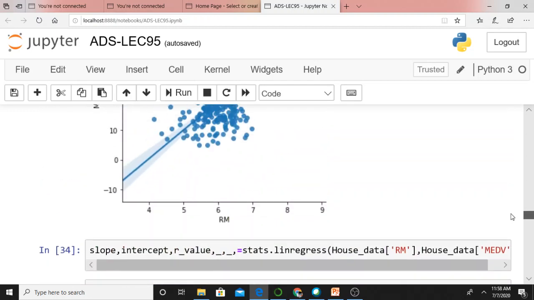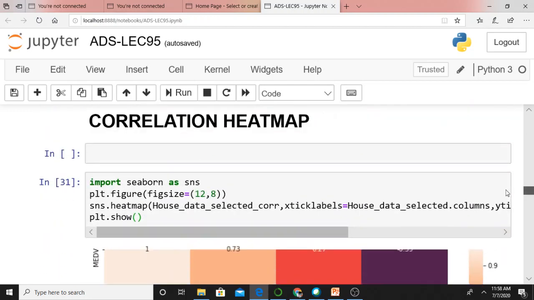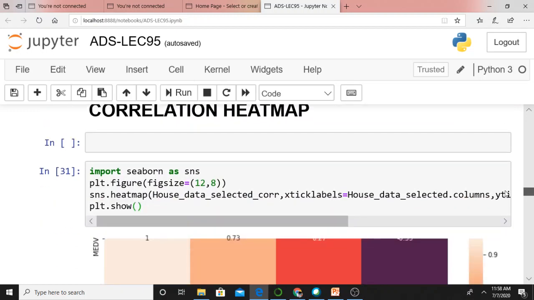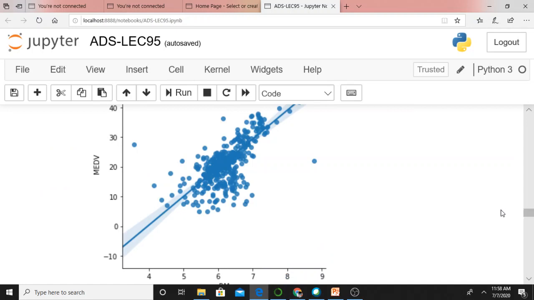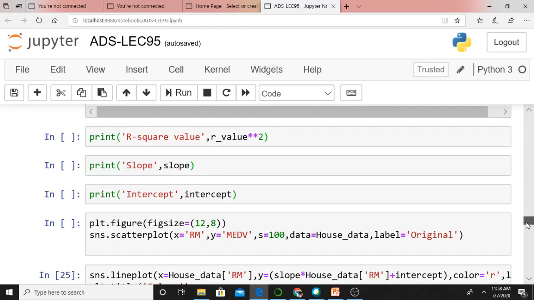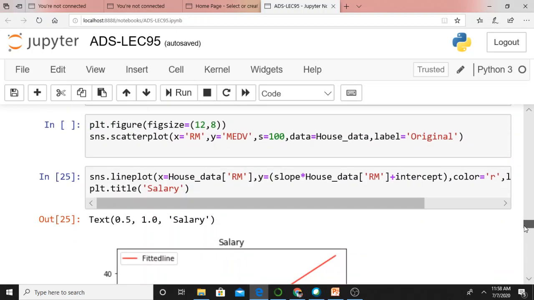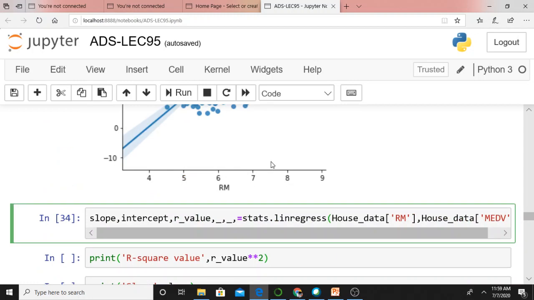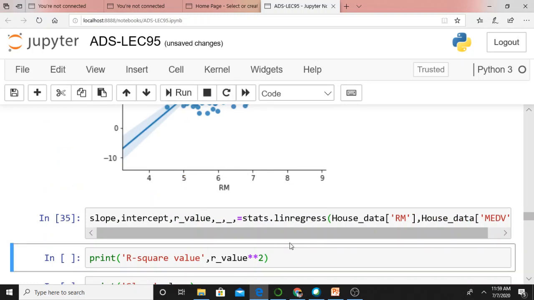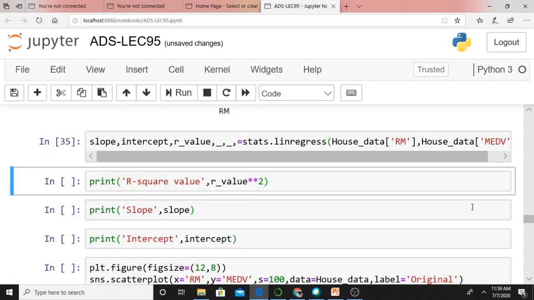For the time being, just understand the covariance matrix and correlation matrix using NumPy. Just try to understand the heat map, the regression line and scatter plot. You need not bother about these R values and R square values. We calculated them here using SciPy, and you need not bother about what they say.